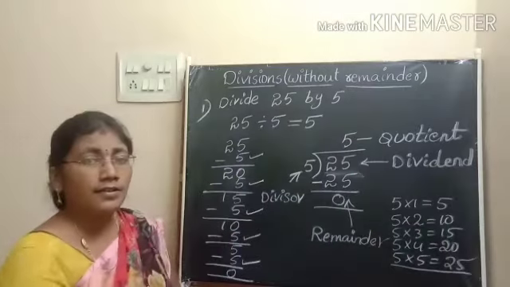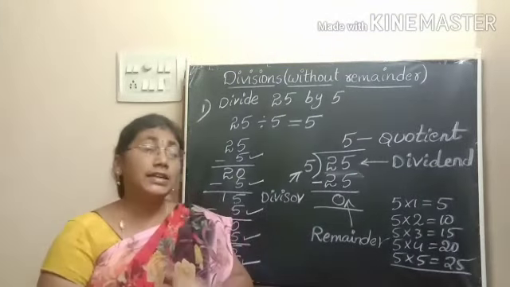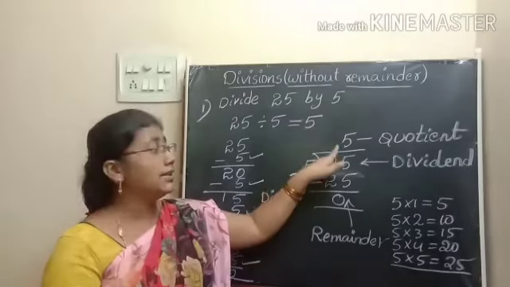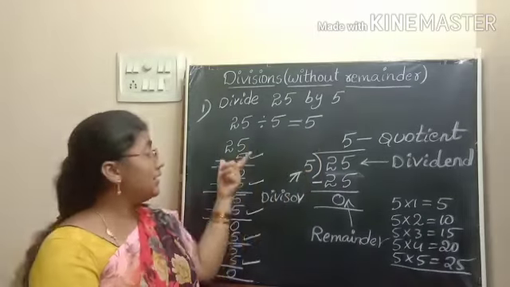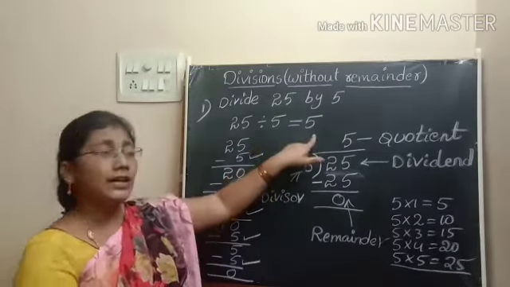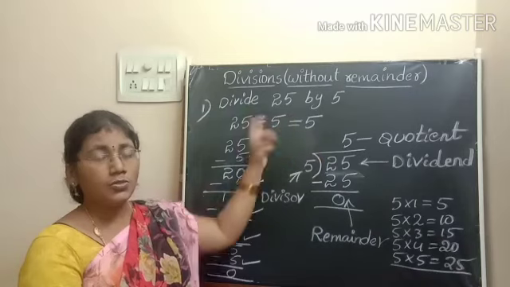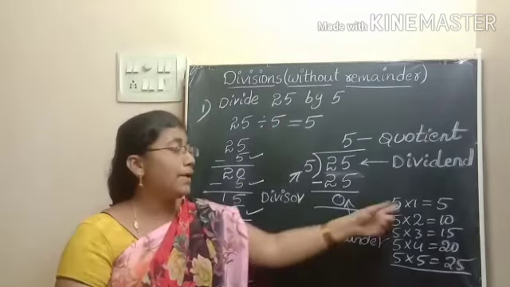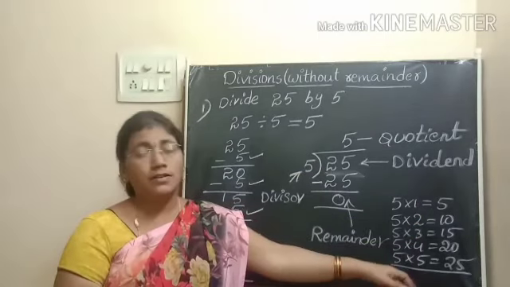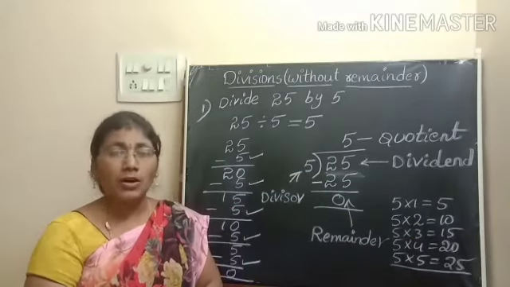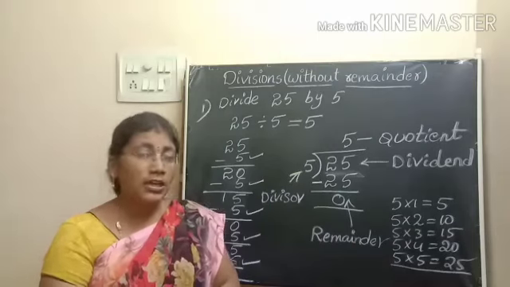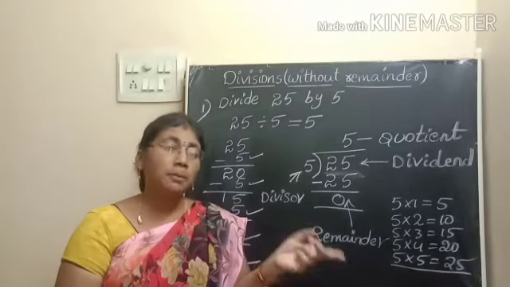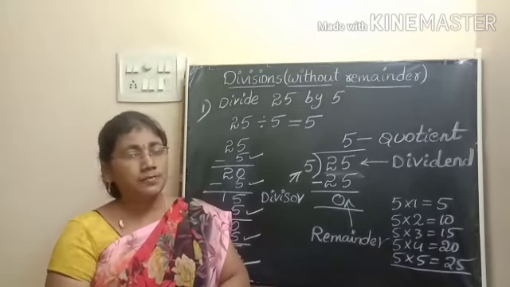Already we know that the result of division is called coefficient. So here the result is 5. In our repeated subtraction also we get 5 as result. So both are same. We can do this operation easily by using multiplication tables without any repeated subtraction. So multiplication tables are very important to do both multiplications and divisions. Understood, children?